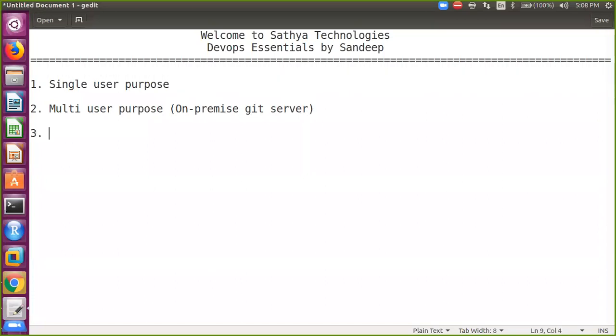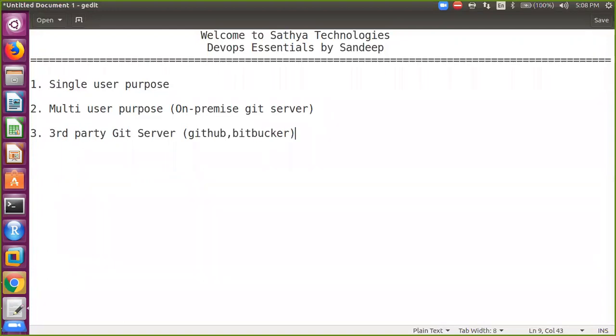And third one is multi-user purpose only, but this time a third-party Git server like GitHub or Bitbucket.